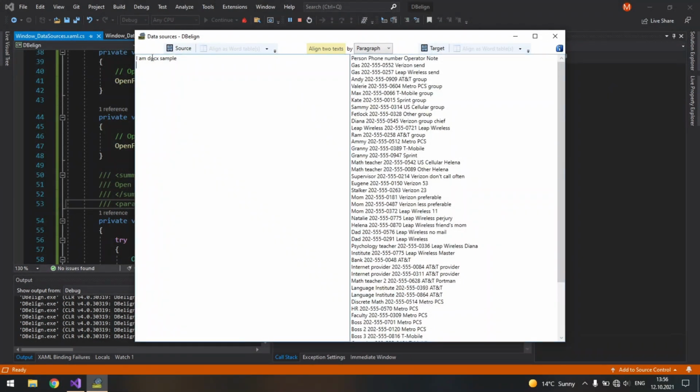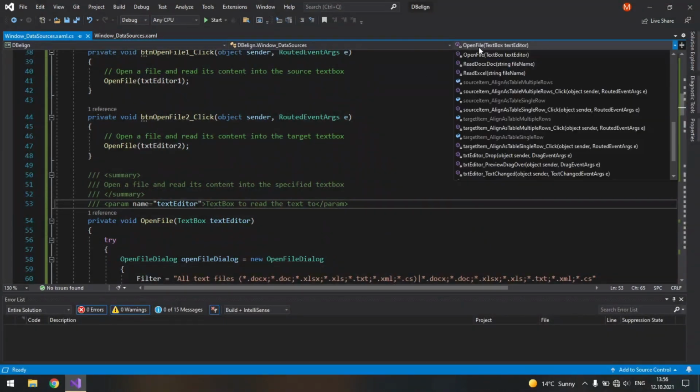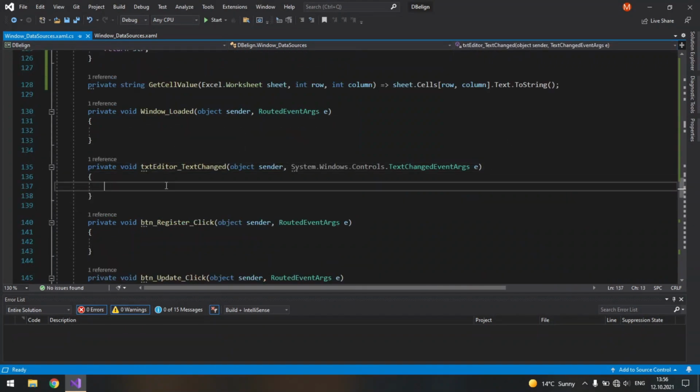We do now need to enable our buttons when we have text here and here. So for that we need to access our txtEditor text changed event, and here we will first check if the source or target text box contains no text.